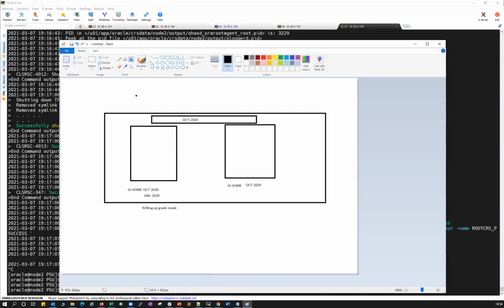That is what the meaning of rolling patch. So without rolling patch, you will not be able to bring up your services on this node in case there is a mismatch in the patch level. And then automatically when you run the post patch here, the entire cluster becomes rolling upgrade mode, and you will be able to bring up services on this node.